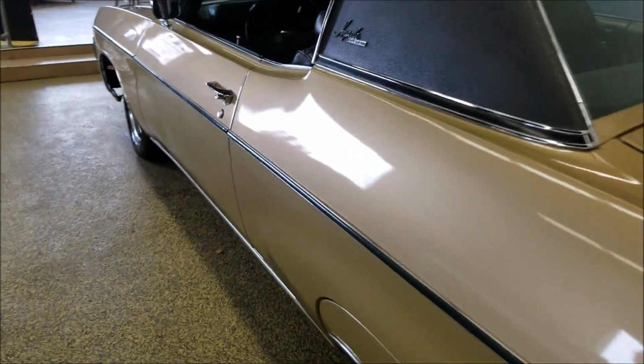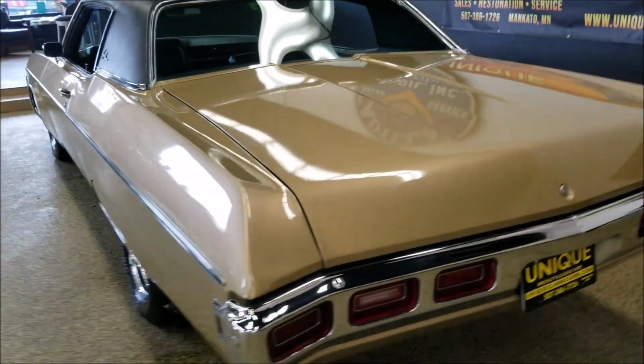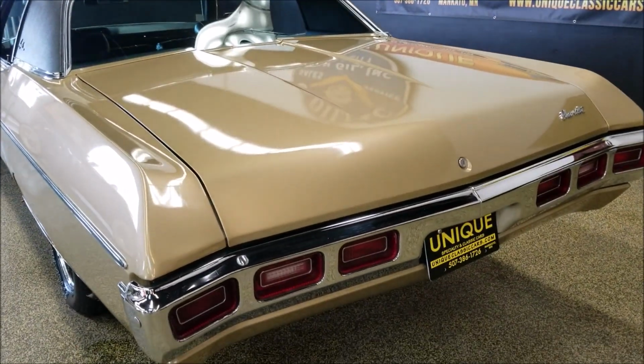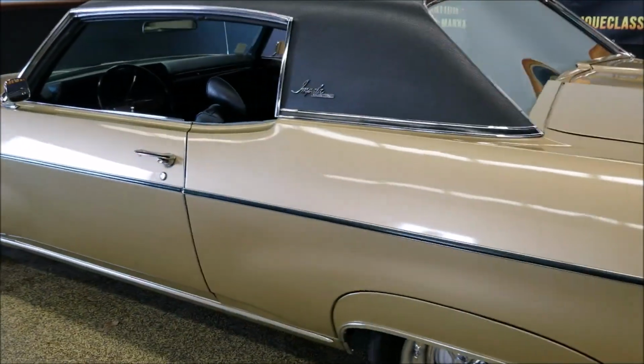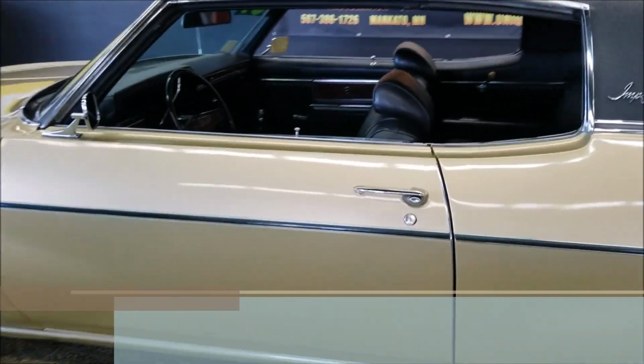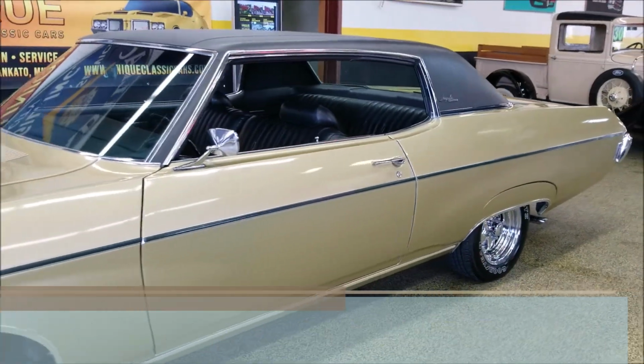How nice that door closes and fits. Slip around so you hear it. Nothing wild, just a nice little deep rumble. Again, check out any of the still pictures at uniqueclassiccars.com. Feel free to call us